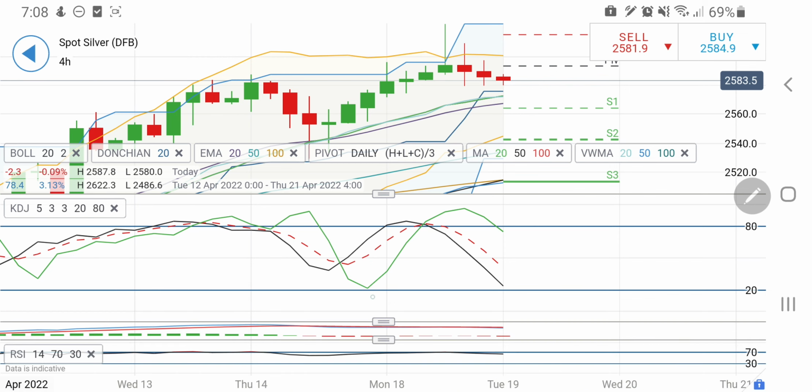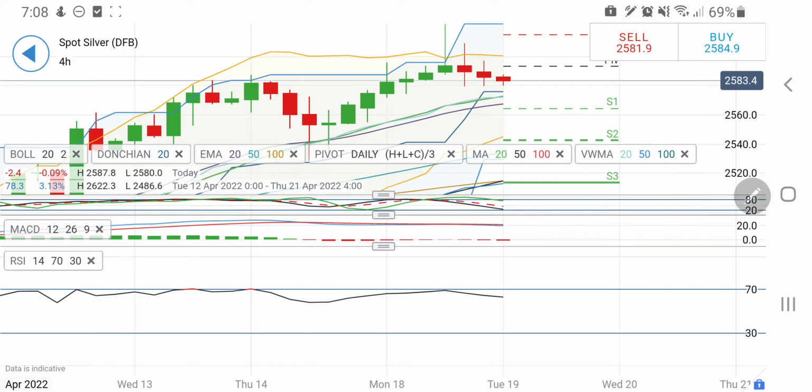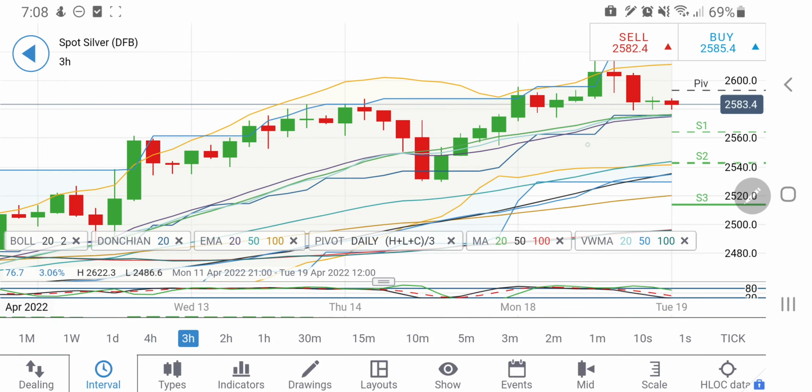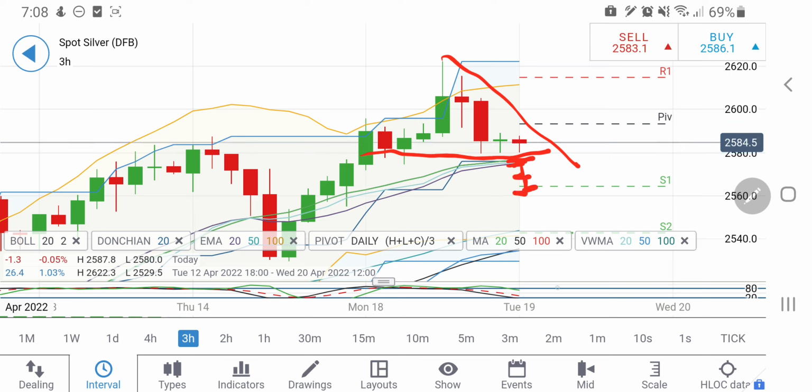Look at the 4-hour stochastic, almost entering into oversold zone. MACD white divergent and still in sell. RSI is again coming back into the comfort zone here. Look at the 3-hour charts. On the 3-hour charts, again 2580 acting like a wall. Below this, 2575 here on the 3-hour charts is a good support. Then 2570, 2565 levels. So yes, till 2560 it has got very strong support out there.